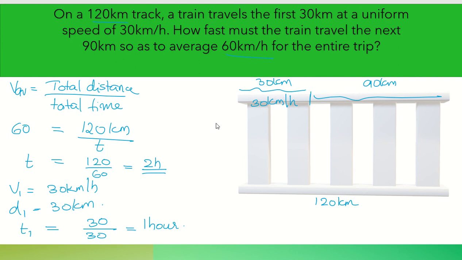Now let's think what can be done for the second part. We have to calculate with what speed the remaining distance has to be traveled so that the average speed is 60 km per hour. So for the next 90 km of traveling, let the speed be x km per hour. Hope you are understanding. The average speed is x km per hour. And distance d is equal to 90 kilometers, and time, we don't know how much time it took, but